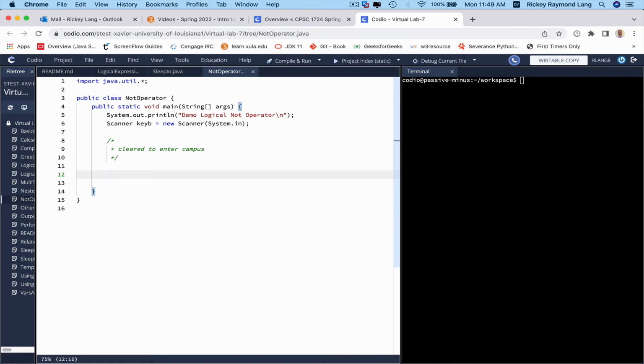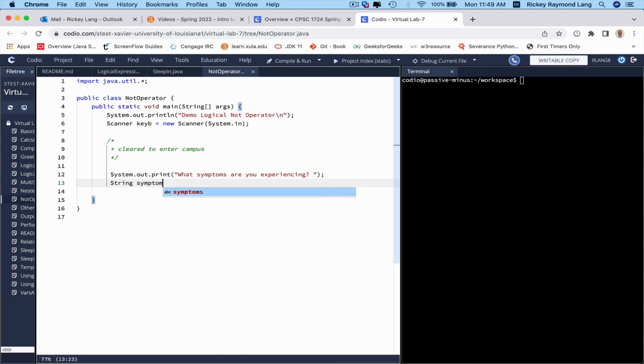So let's say, what symptoms are you experiencing? And we'll say string symptoms equals